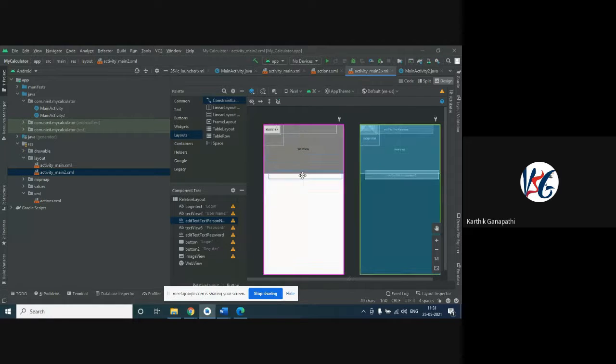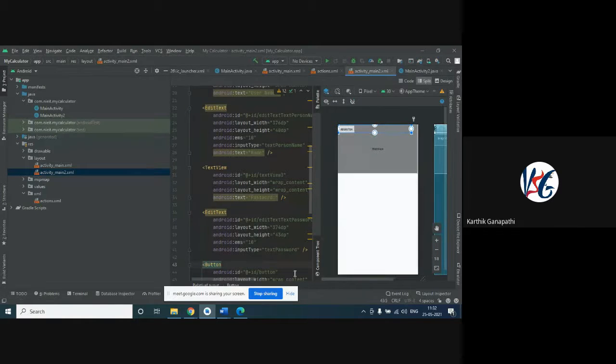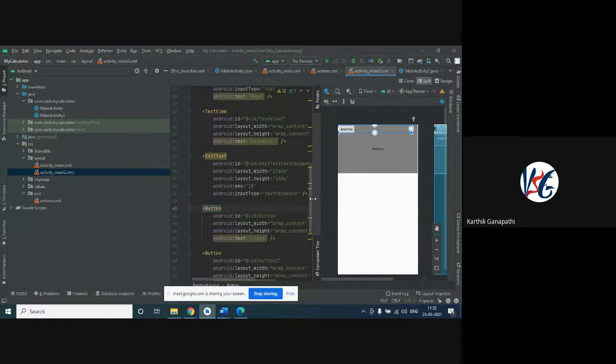Okay, so you can see when I place this, it is not going to get placed because it is already related. This one particular component, as you can see, when I open the code, or if I split the code, this particular button is being linked or related to some other. Wait a minute. Now you can see, because as we mentioned this is a relative layout, but there are no relations available, no relations provided.